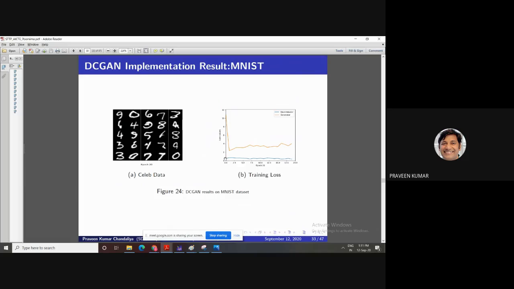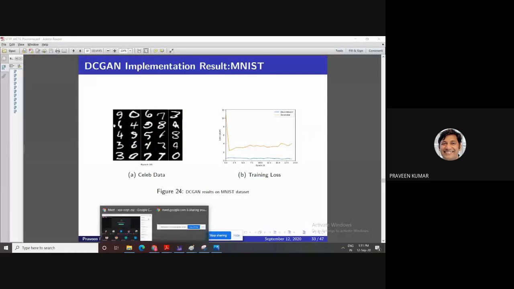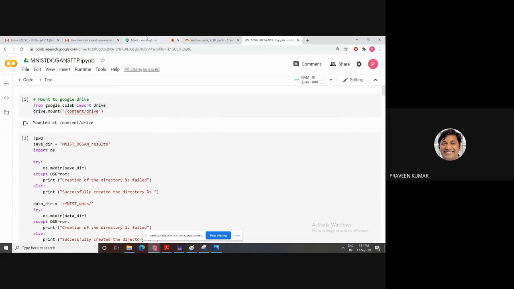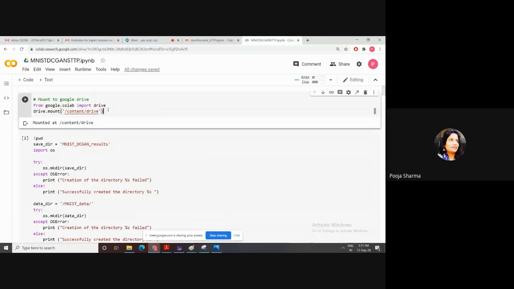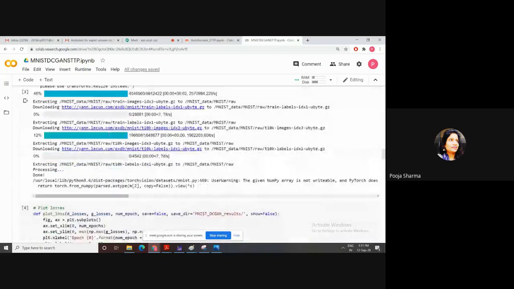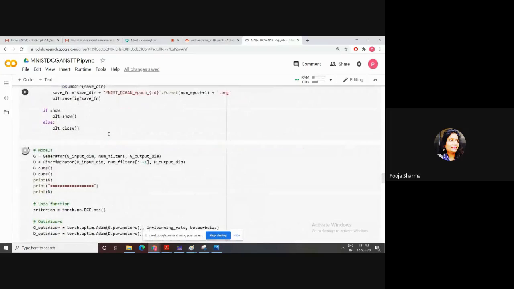Then I go for how to develop this program. The next program is DCGAN, deep convolution based. This time I first develop it on the MNIST dataset, because this is a very complicated architecture. Can we go for the next session or can we start? Sir, we can take this in the next session also. It will take time, because this is generative adversarial network code. Yes, sir, it will take time, I think. Yes, ma'am.